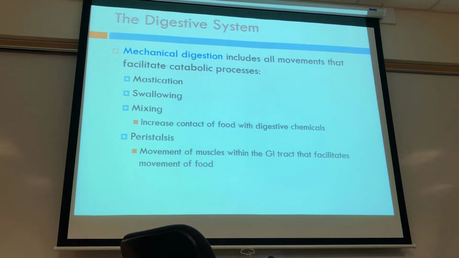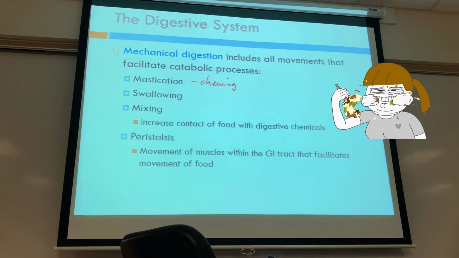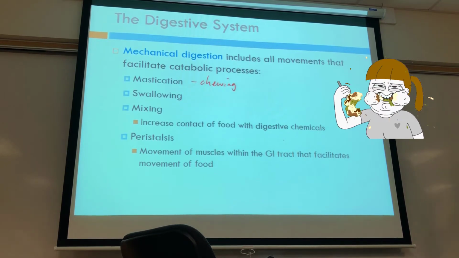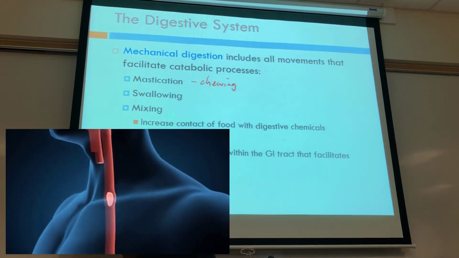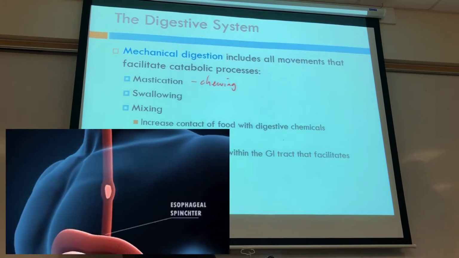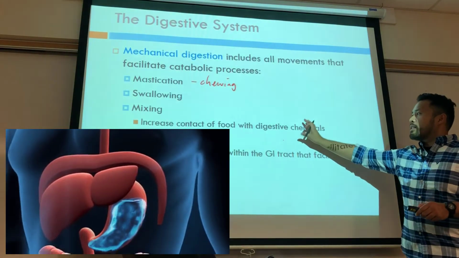Mechanical digestion first starts off with mastication. That is chewing, what we're doing when we're chewing food. We're using our teeth, the accessory organs known as our teeth, to physically break that food apart into smaller bites. The process of swallowing, the process of mixing involves whatever you've chewed and swallowed and mixing that with enzymes in